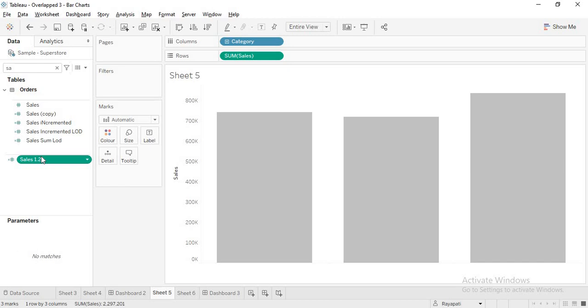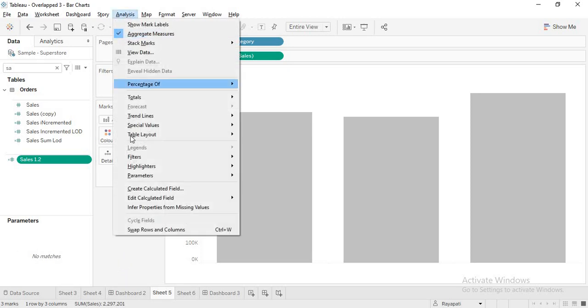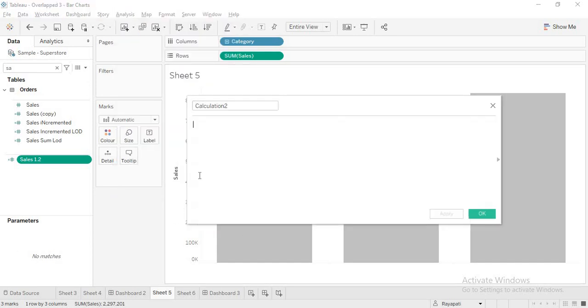So he wanted three measures, right? This is our third measure. Now what we want is for the axis to be the same. For that we need to write a LOD calculation, because I want that same aggregation to be shown in every place. So I'll go into analysis, create calculated field, fixed.